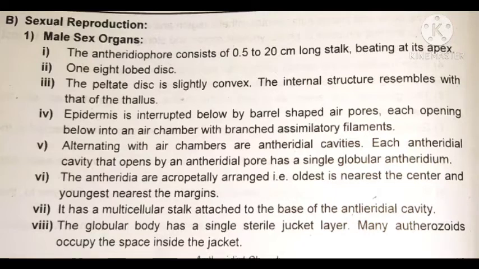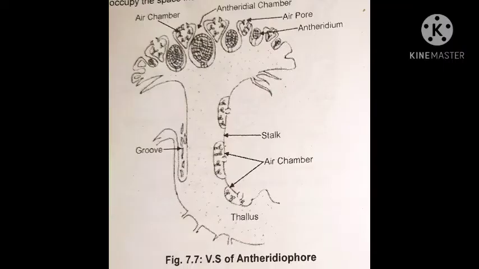Both are raised structures. The antheridiophore is a stalked raised structure about 0.5 to 20 centimeters long, at the apical point. There is a lobed disc-like structure, the peltate disc, which is convex. The internal structure resembles a thallus, and inside that internal thallus-like structure,